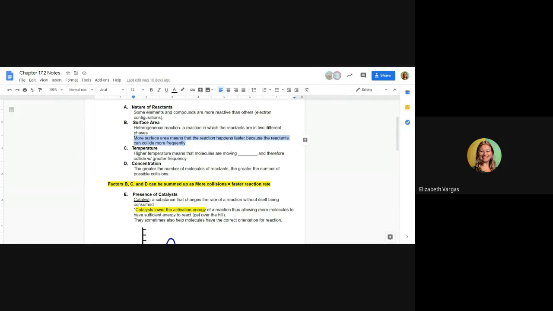For example, if you want to start a fire, you wouldn't take a giant log and put it in and try to light it. You have small pieces that you light that can then help like a chain reaction, light the bigger pieces of wood. So you want smaller pieces, which is actually more surface area, because if we